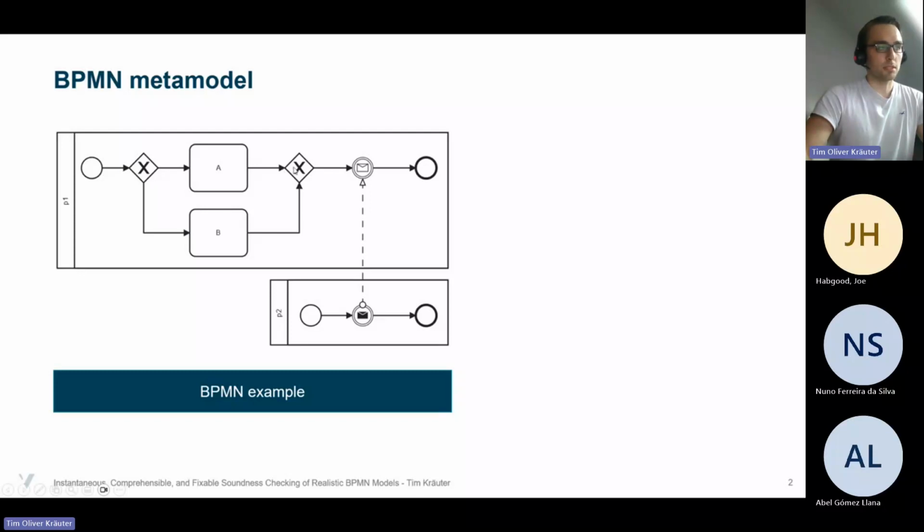So whatever has been done before, it doesn't matter. We follow this branch, and then we will wait for some message. This is called a message intermediate catch event, and then this process will end. And then there's another process which can start, which will send a message through a message throw event and then also can end. And BPMN is used a lot in the industry, basically by IT people and the business people,